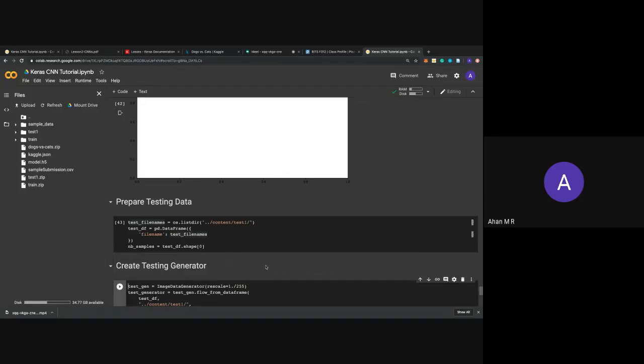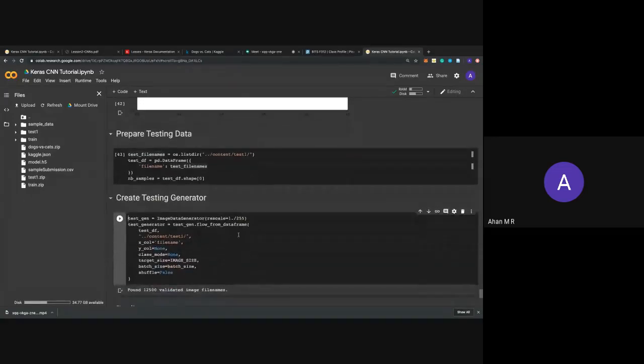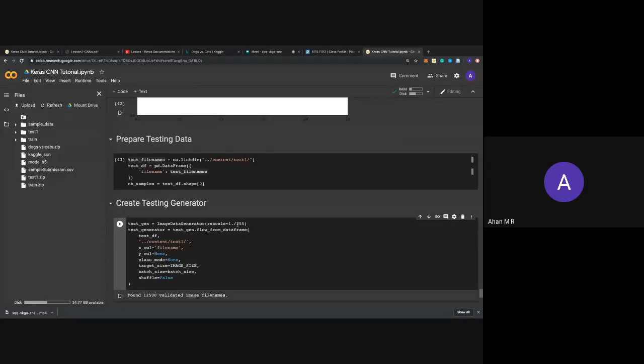So just like how I used the data generator previously, I'll use it here as well for the test set. And as I told you, don't augment your test set, because you're messing up your own input for predictions. So I'll just rescale it, because the predictions previously were done based on rescaling. Rescaling is basically converting your pixel values from 0 to 255 to a value between 0 and 1.